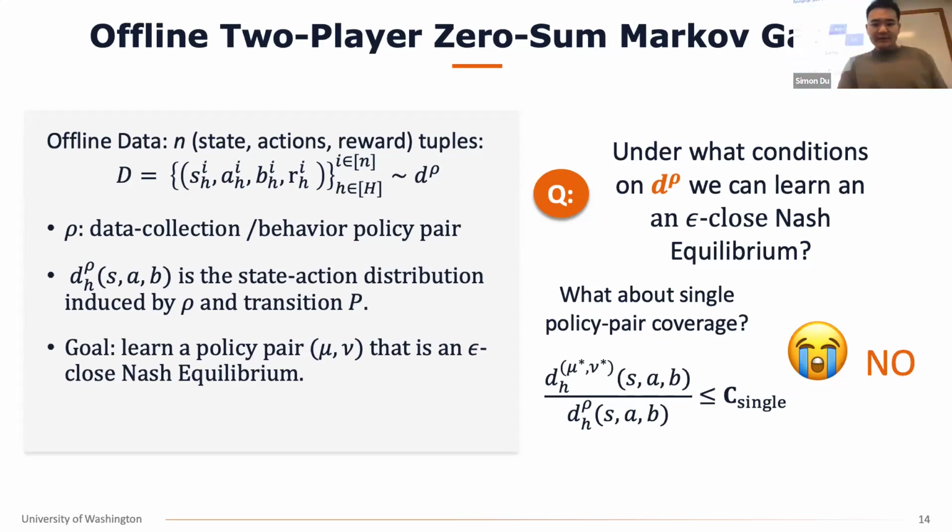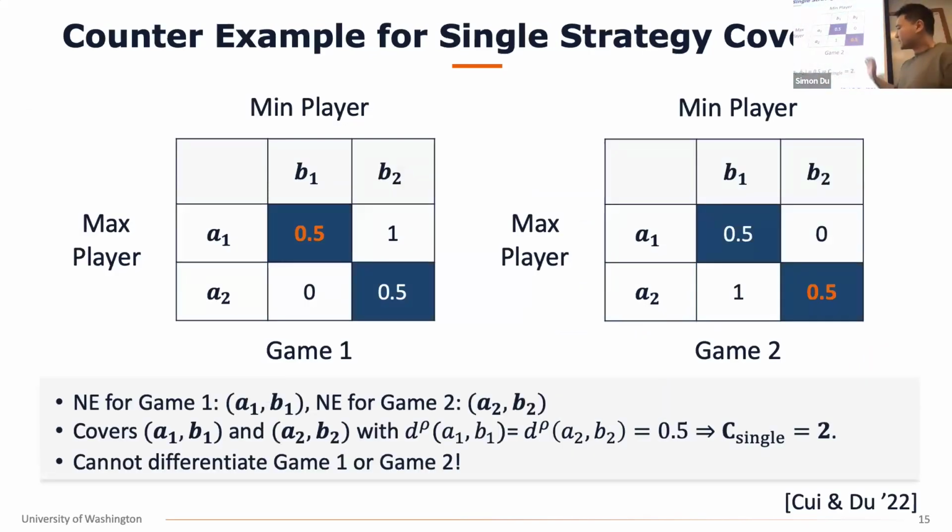All right, so why is this not enough? This is a very simple example to illustrate the main idea, and we believe it might carry over to other settings, including maybe imitation learning. Let's consider a very simple bandit case. You have 2 players, a max player and a min player. The max player wants to maximize reward, the min player wants to minimize reward, and each player has 2 actions. The max player has A1, A2, and the min player has B1, B2.